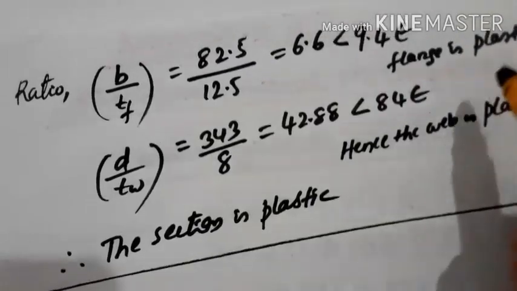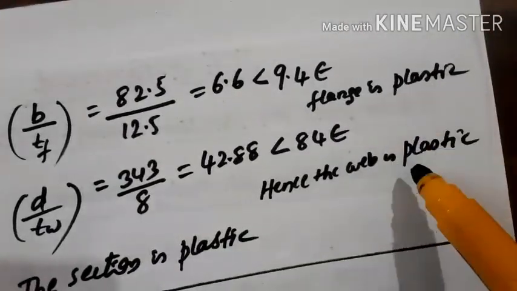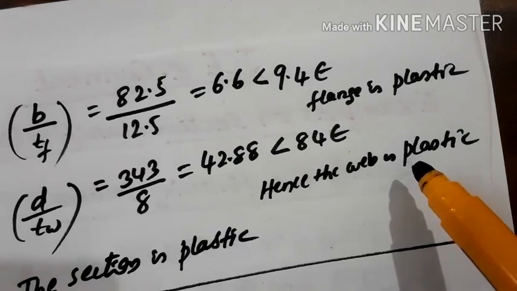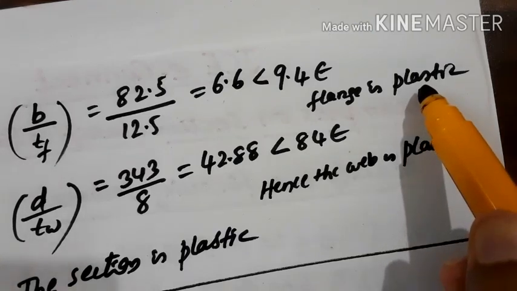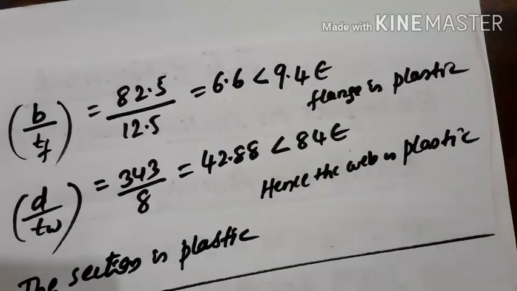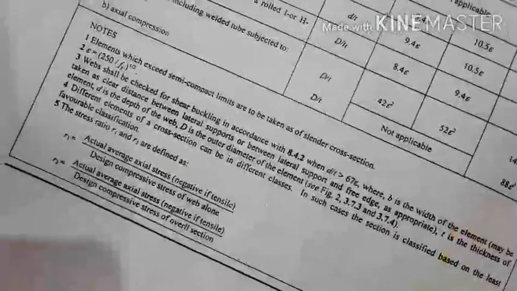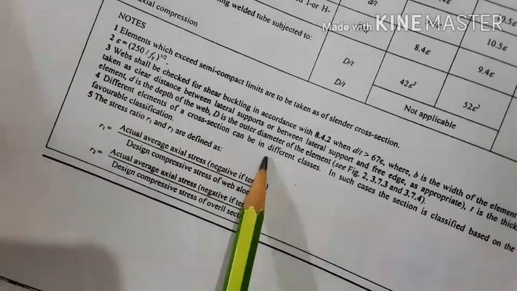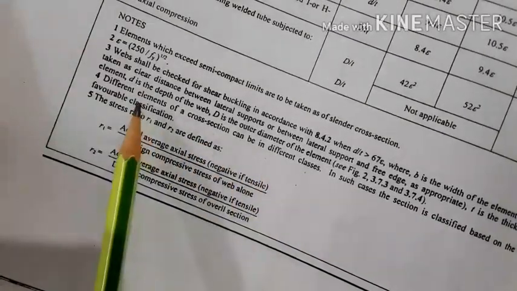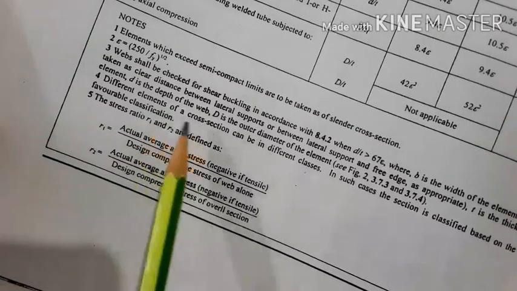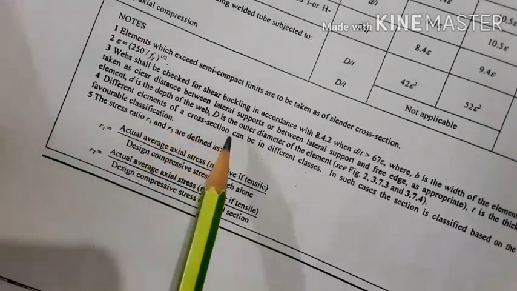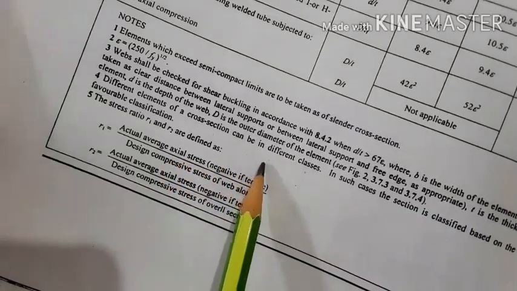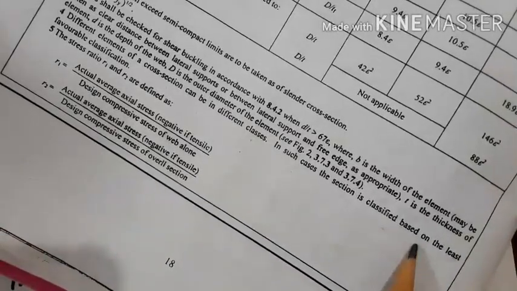So both are plastic here, hence the section is plastic. And suppose one element is plastic and the other one is semi-compact, or plastic and compact, then you have to take the least one. Here it is given, I'll just read it. Different elements of a cross section can be in different classes. Means if the flange could be in plastic and the web is in compact, in such cases the section is classified based on the